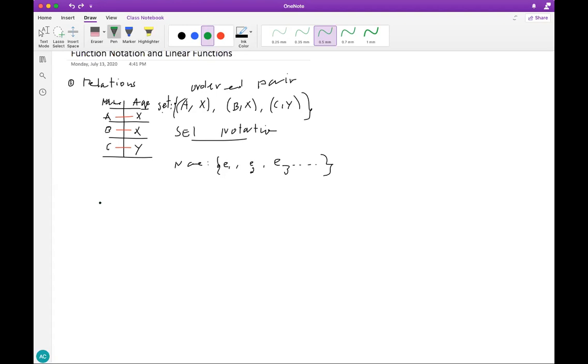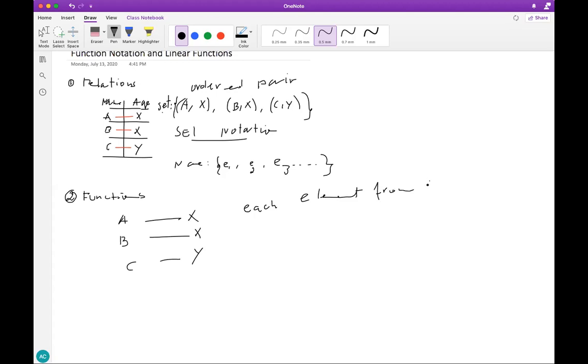So a function, let's actually write the definition. Let's call this number 2. Function. So A, B, C. So exactly each value corresponds to one value. So each element from the left column